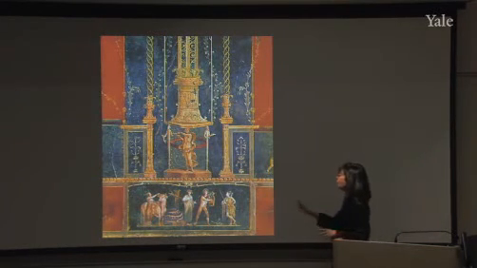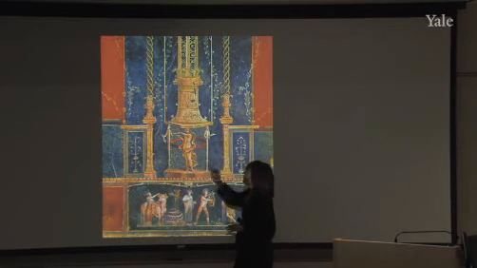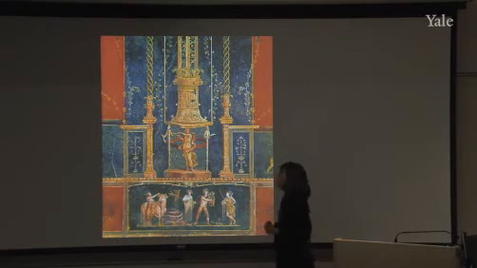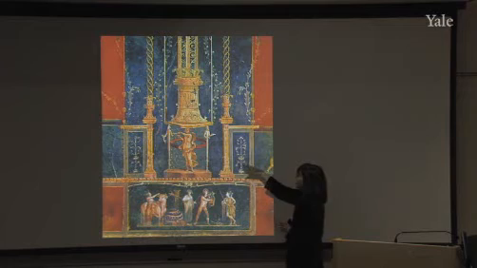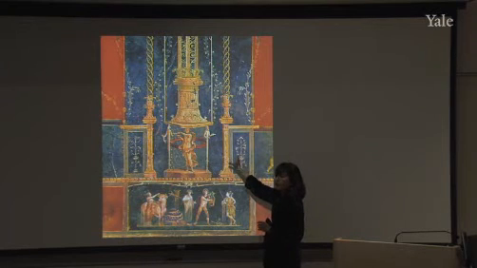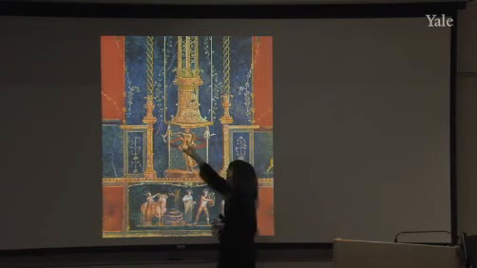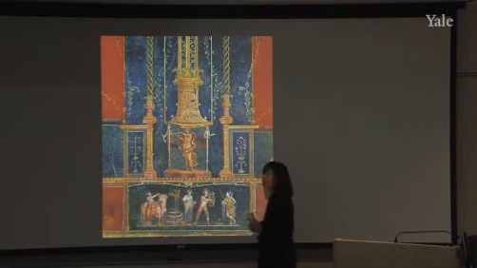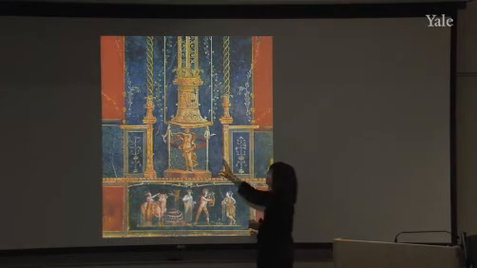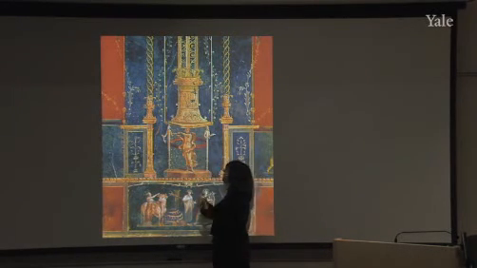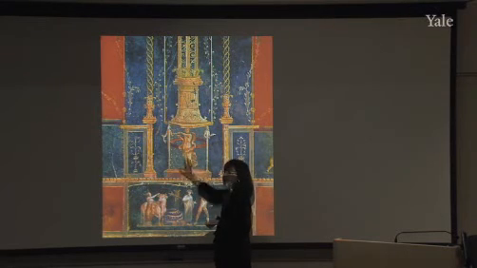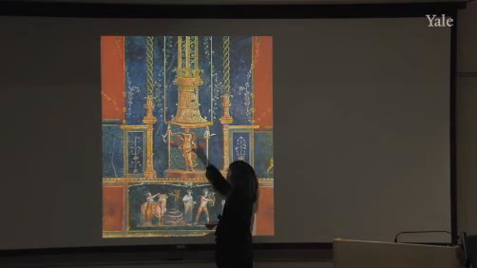These again are so interesting in detail. If you blow this up to the size that we see it here, you will see that this is that black background in between the red panels that we were looking at before. You can see all kinds of strange things going on here in detail. A female figure, semi-naked. She's clashing her cymbals. She's dancing here. And she is supporting on her head